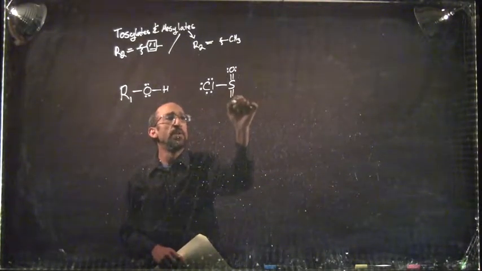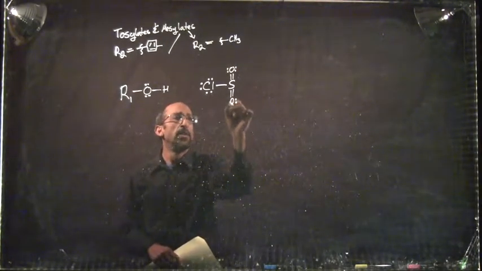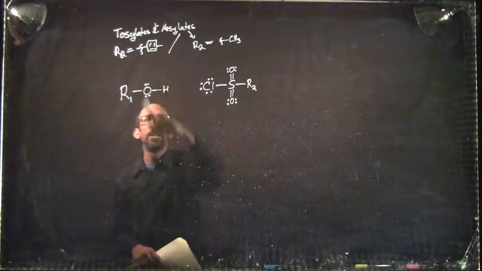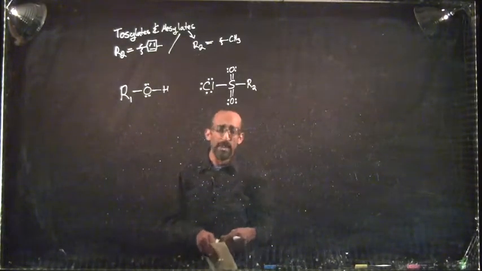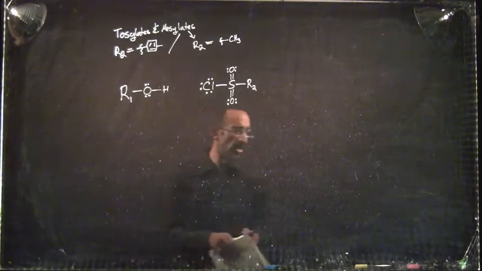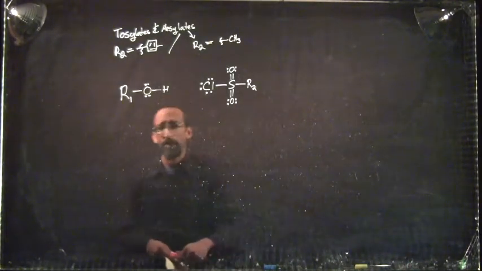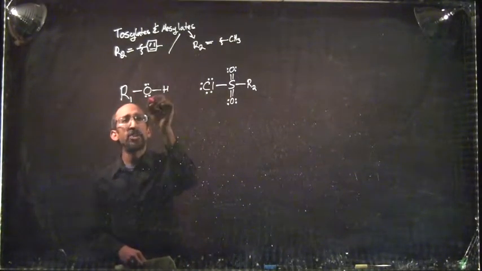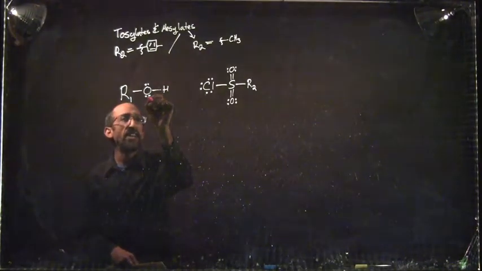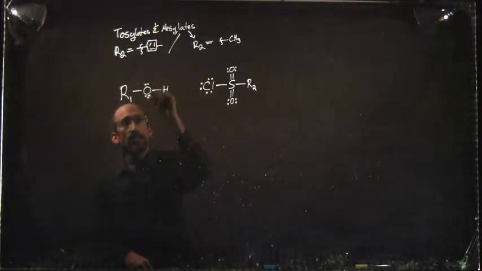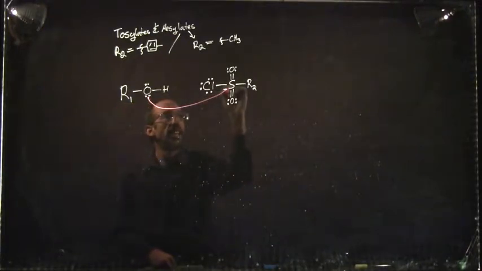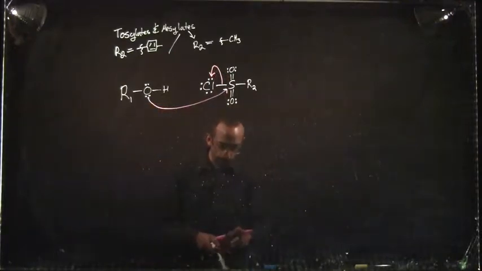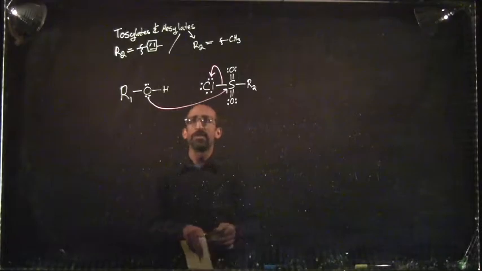And so here now, we've got our alcohol here, and we have our sulfonyl chloride. Remember, R2 is toluene for a tosylate, and R2 is methyl for a mesylate. And I'm going to keep my structures in one color, and I'm going to do all of my electron arrow pushing in a different color. So the first step that we have happen is an SN2 reaction where the oxygen of the alcohol acts as a nucleophile, attacking into the sulfur atom, simultaneously displacing chlorine. That takes us to our first intermediate,